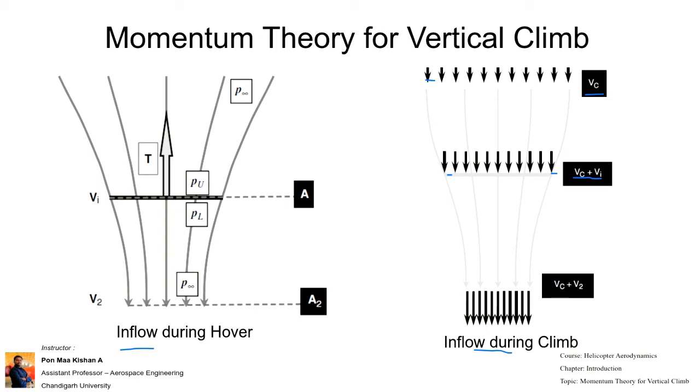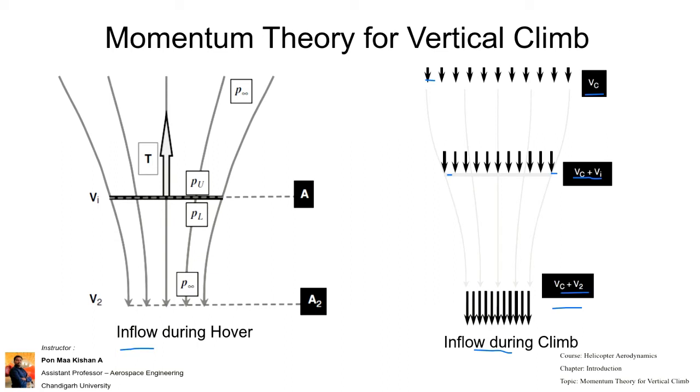In wind turbines the flow will be from left to right, but in rotors, helicopter rotors and fans, it will be up to down, okay? So the velocity of the upper layer will be different from the velocity in the rotor. That will be calculated with respect to VC plus VA. The exit velocity will be calculated from the velocity of the inflow at the inlet to the exit, so VC plus V2.